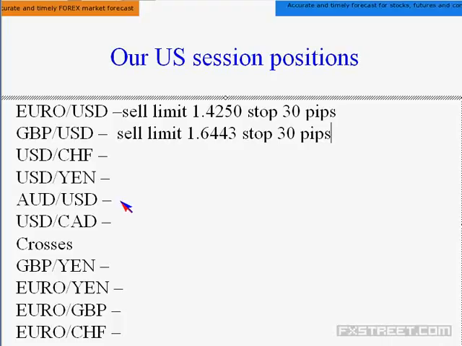In the case of Australian dollar, 1.0689 is the current level. So we will try to keep the sell limit 98, just 10 pips above that of the current level with a stop of 30. Now, in case if you have the hedging facility in your trading platform, instead of a stop, you can keep the hedging order. And see, now what you are trying to do is sell during that of the trend reversal